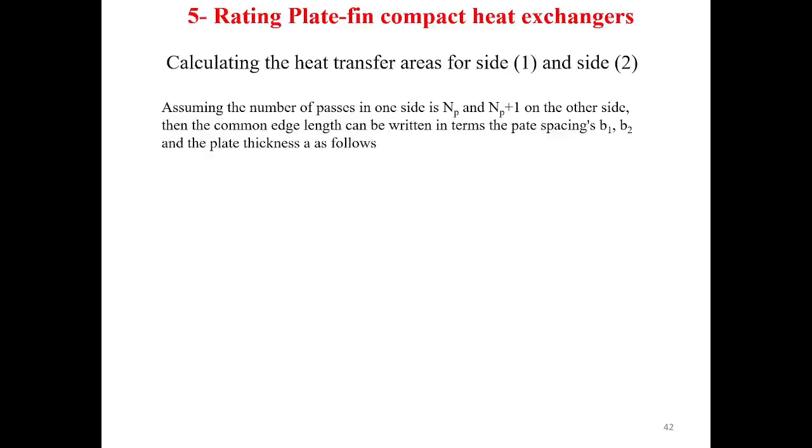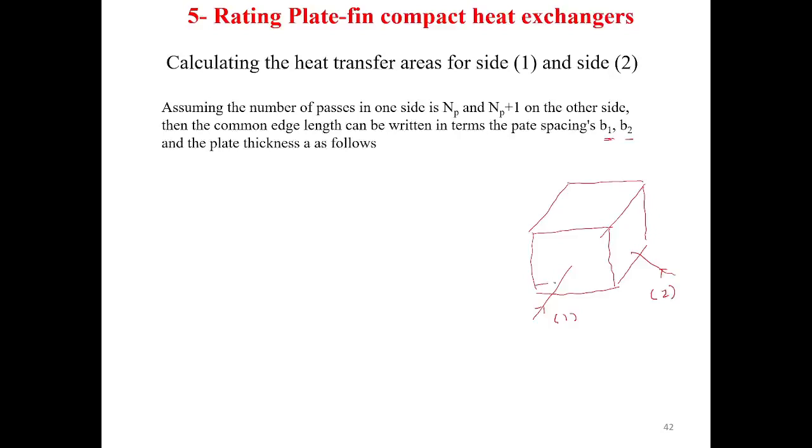The difference is very small between the two, and we are going to assume that the plate spacing for side 1 is b1 and for side 2 is b2. So, for example, if I draw a very simple geometry like this one, showing just a very rough idea about these two parameters, the number of plates and the spacing, and assuming that this side is receiving gas number 1 and this side is receiving gas number 2,